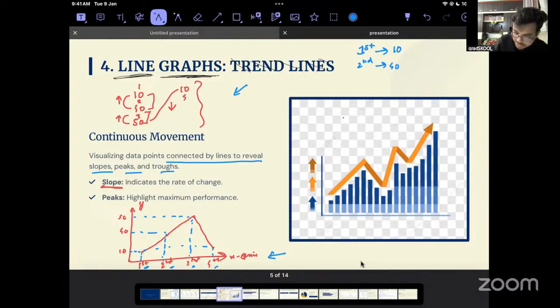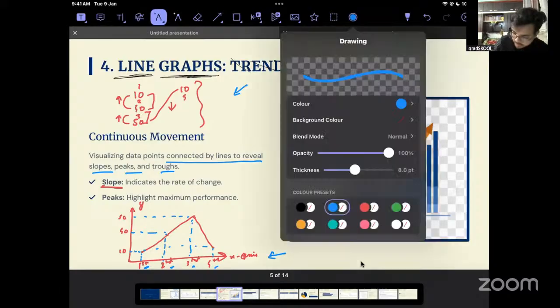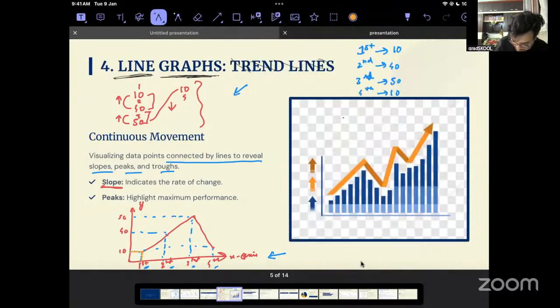I'll write down everything, then I'll make you interpret it from the graphs. See this, can you see? At first it is 10. So what we did, we wrote first and the value corresponding to it. Then we have second, with 40 as the value. Then we have third, we wrote 50 as the corresponding value. Got it? Clear? Then we have fourth, the corresponding value for 4 is 10. So this is how you interpret the data through a line graph.